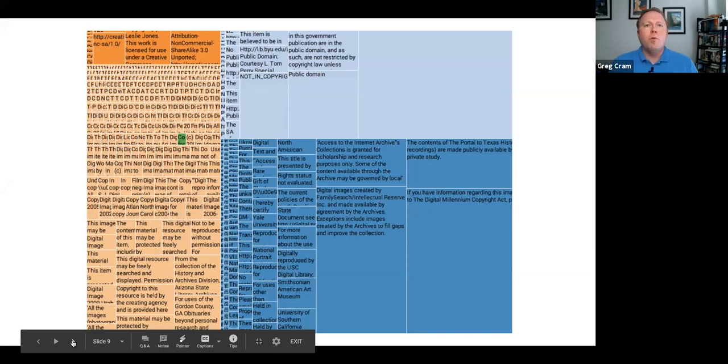Another way to measure how well we were doing at communicating copyright status is looking at the number of words we were using to describe the collections. 25% of the words that contributing institutions were using were concentrated in a single field. And you would hope that that field would be the description of the item, but actually only 22% of the words we were using were in the description field. 25% of the words that we were using were devoted to the rights statement field alone.